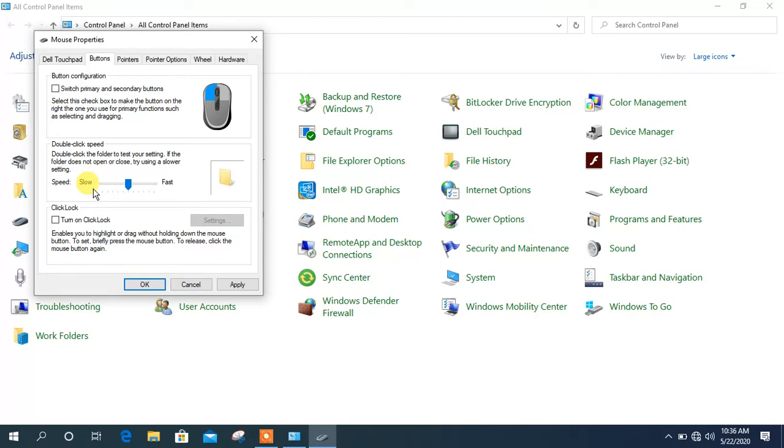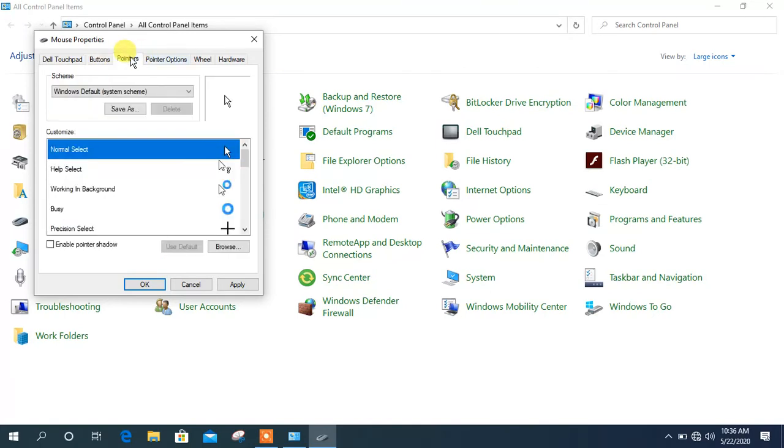People who are using a system newly are not habituated with the mouse, so you can decrease the double click speed here, so that even if the interval between clicks is long, they are able to open the folder or any option. This is the option about the buttons.